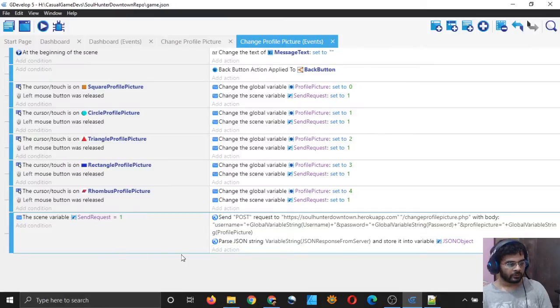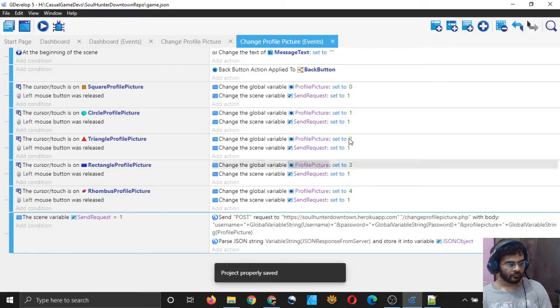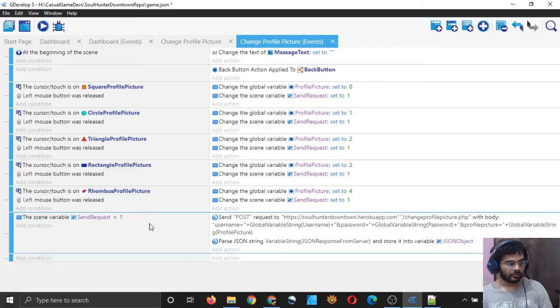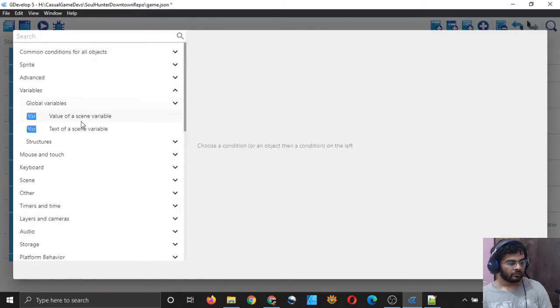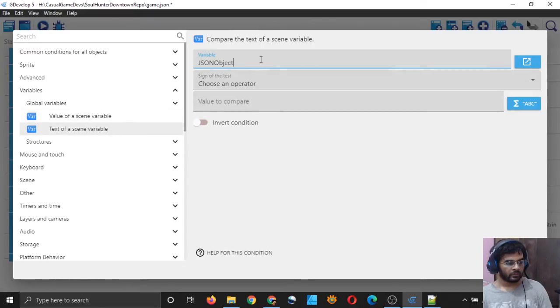But before that we need to check whether we have successfully changed the picture or not. So we will do that. Let's check for it. I will add a new event and I will add condition variables, text of a scene variable, JSON object, and not just the object. We need to access the field within this object,